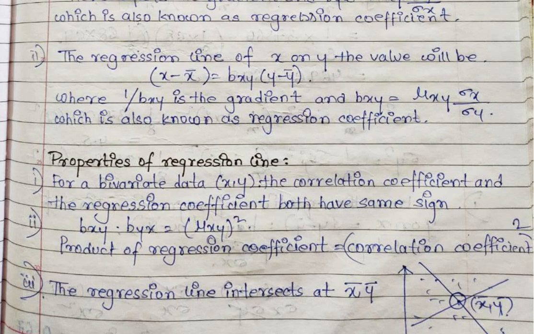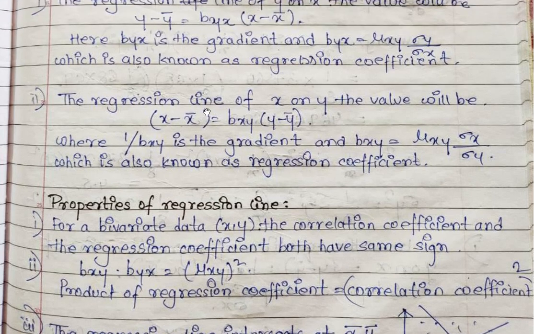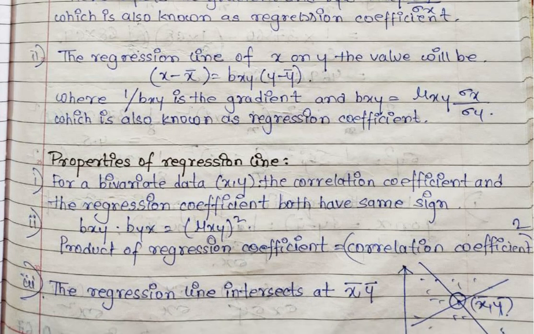And the third important thing, from the definitions of the regression lines, is that x bar is subtracted from x and y bar is subtracted from y. So if you put y equals y bar and x equals x bar, the left hand side and right hand side will be satisfied and equal to 0. So both equations are straight lines, and these lines will intersect at the common point x bar, y bar. These three properties are the most important, and from here one question definitely comes in the semester.